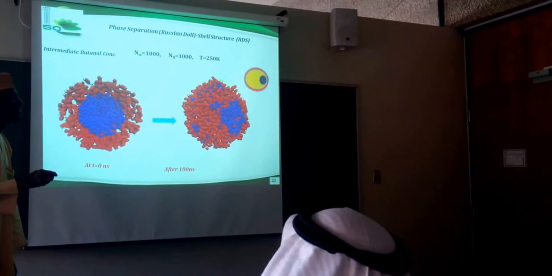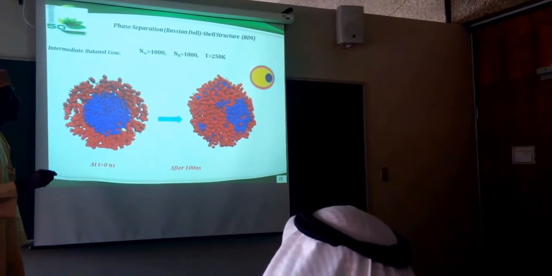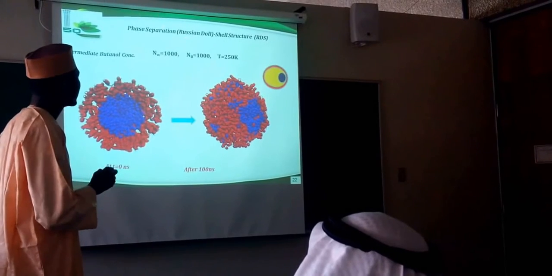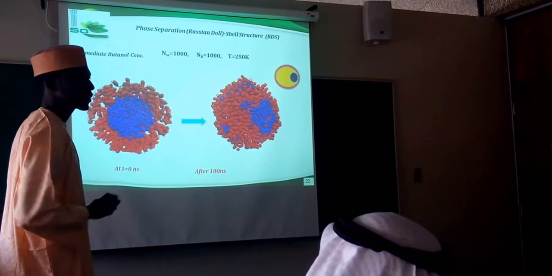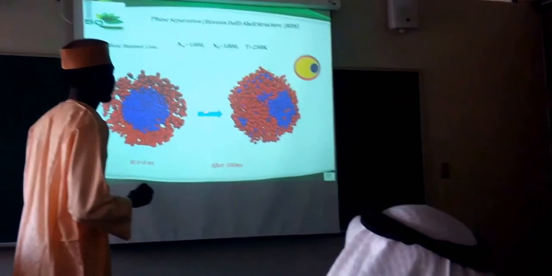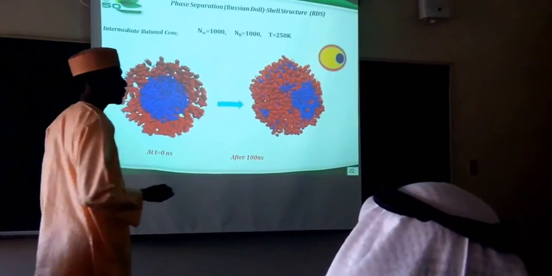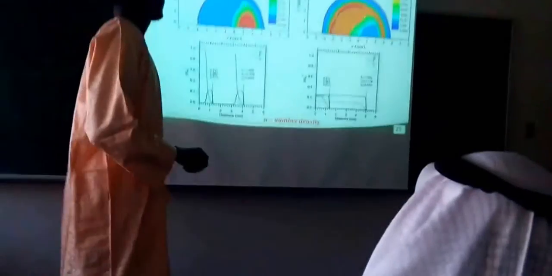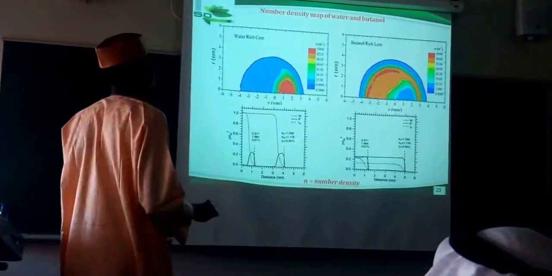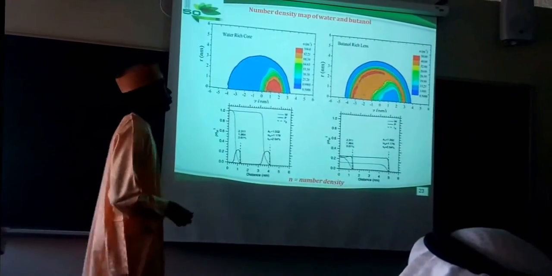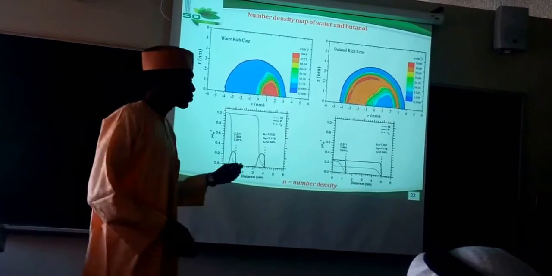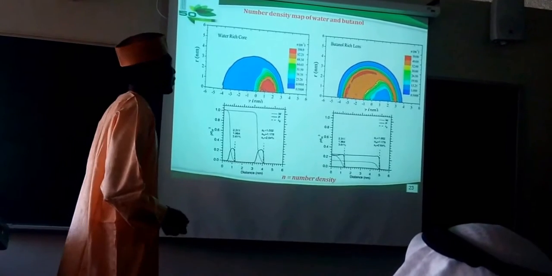We named this structure ourselves. We name it the Russian doll shell structure, RDS. Maybe you will see it online after our work is published first. And before we go to the explanation of our differences, the DFT work and our MD work, let us go through the local number density map and see some distribution of the local density of the